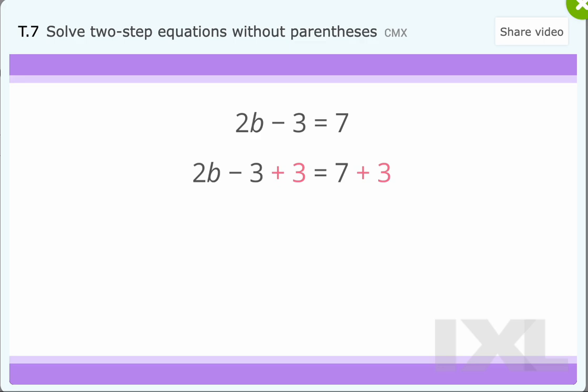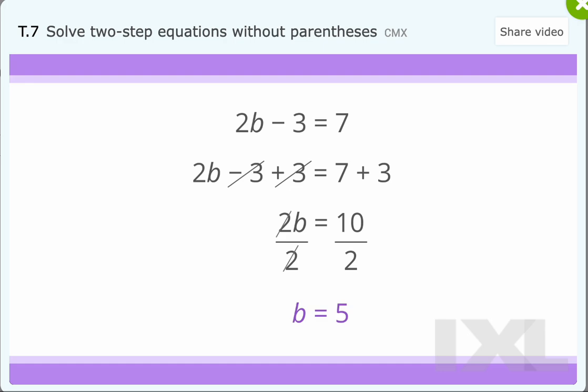On the left, that cancels out the 3's, leaving us with 2b. And on the right, 7 plus 3 is 10. Now we have 2b equals 10. b is being multiplied by 2, so we'll need to divide by 2 to isolate b. On the left, 2 over 2 cancels out since it's the same as just multiplying by 1. And on the right, 10 divided by 2 is 5. So b equals 5. That means if we plugged 5 in for the b in the original equation, it would